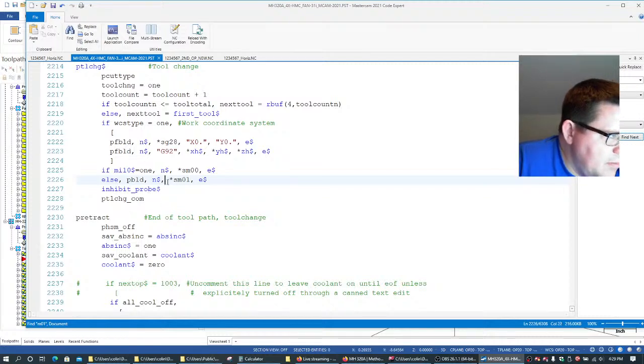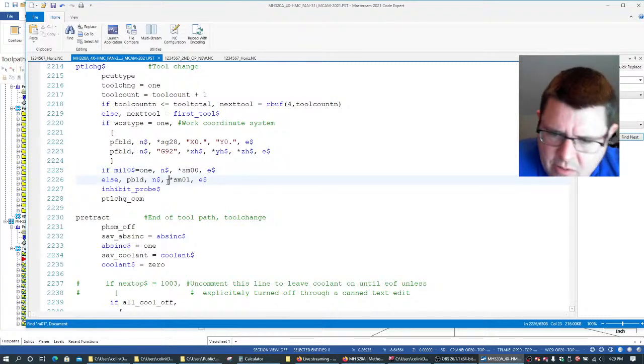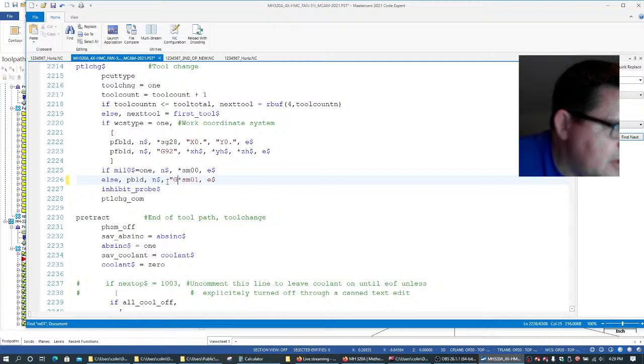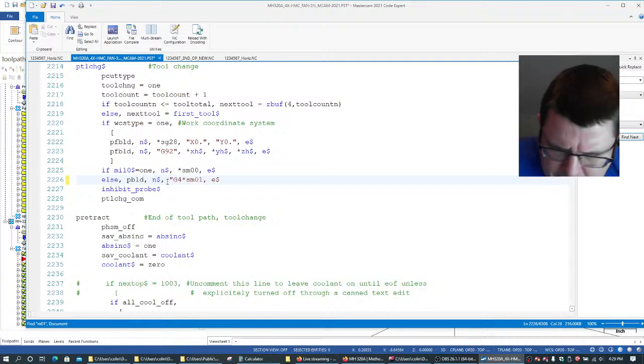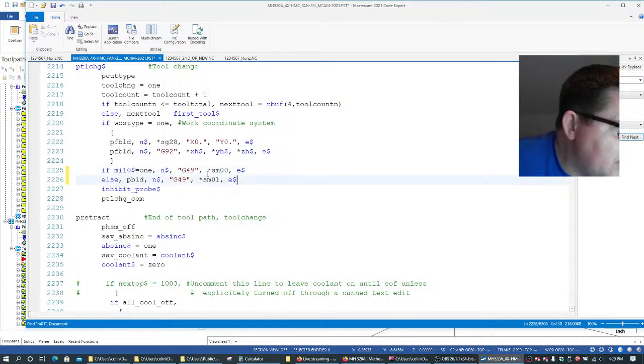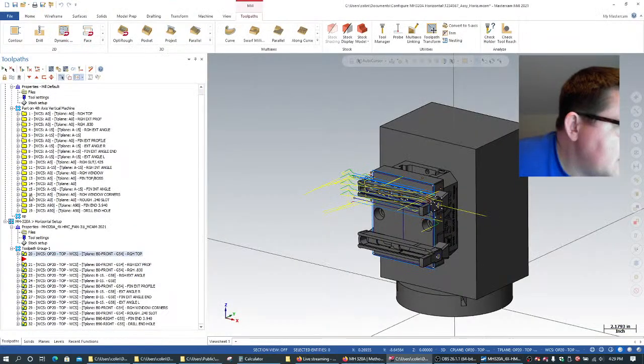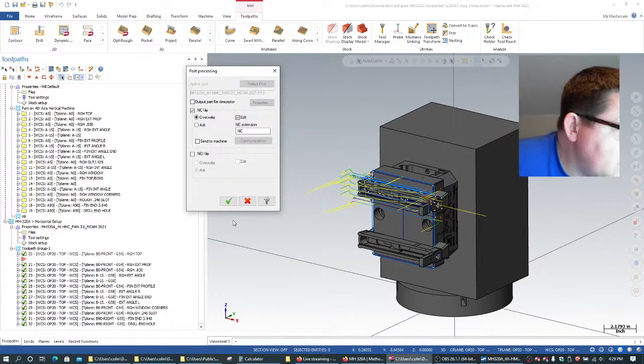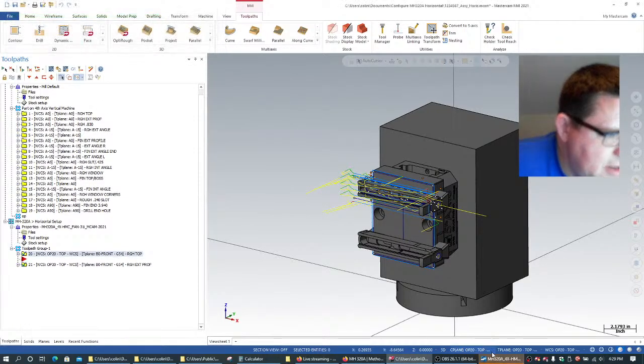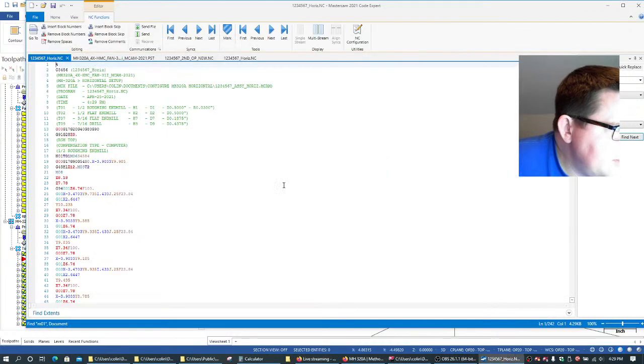Tool change com. So here with our MO1, what we actually want to do is create another G49. So we want a string literal right here. So whether we're getting an MO or an MO1, we get the G49 ahead of it. So by putting it there, what we should get when we repost